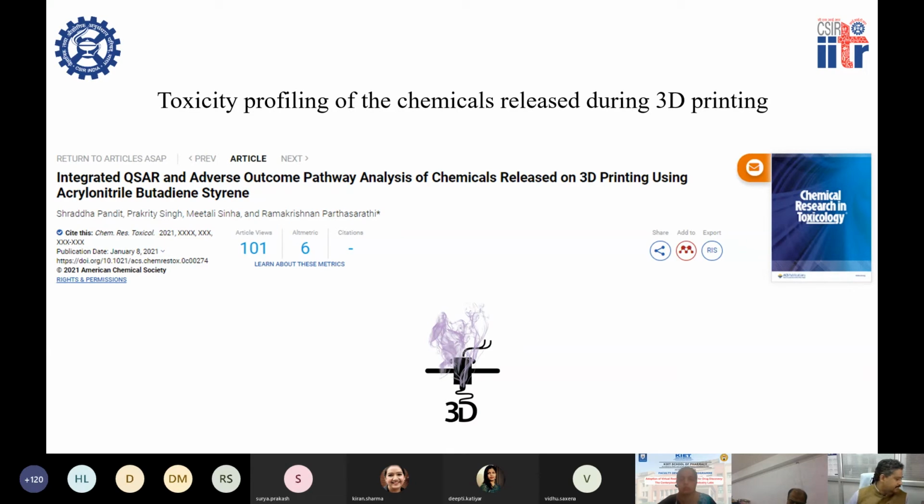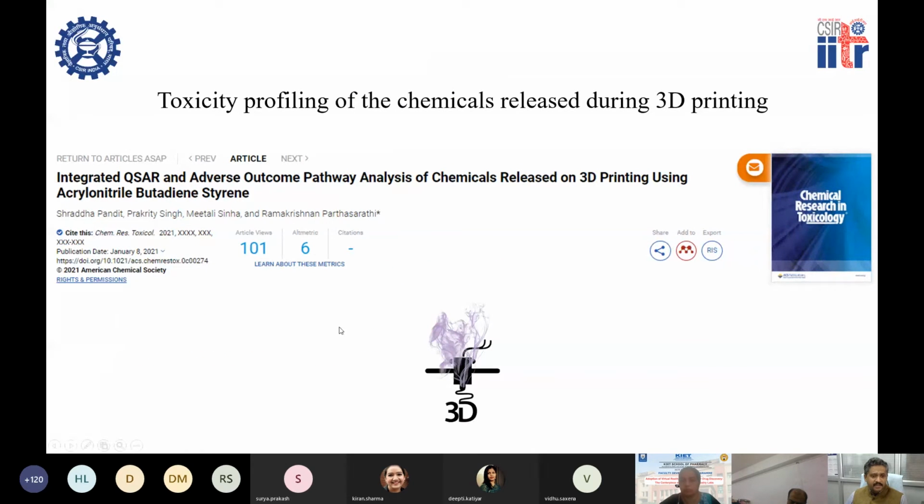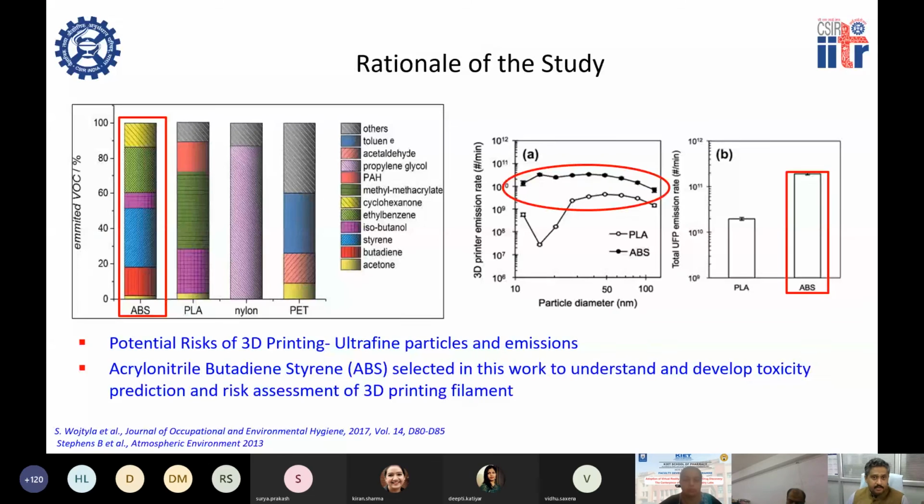Depending on the application, people started using different fibers. Those fibers release chemicals, right? So that's where we thought, okay, what chemicals are going to be released, and how can one develop a risk assessment platform using computational approaches for characterizing the chemicals and fibers used in 3D printing. As I said, the market is really growing, and various fused filament materials are utilized in the system, but that also comes with another risk. So we need a risk assessment framework, pretty much like your drug designing,